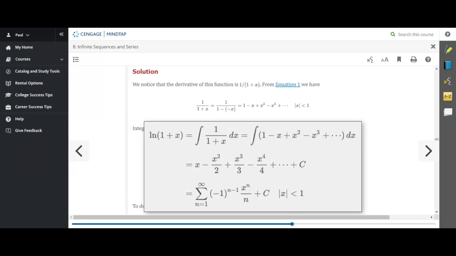And you can make use of that information for your homework. In other words, you don't have to derive the power series for the natural log of 1 plus x. You have it there. So if I go down a little bit,